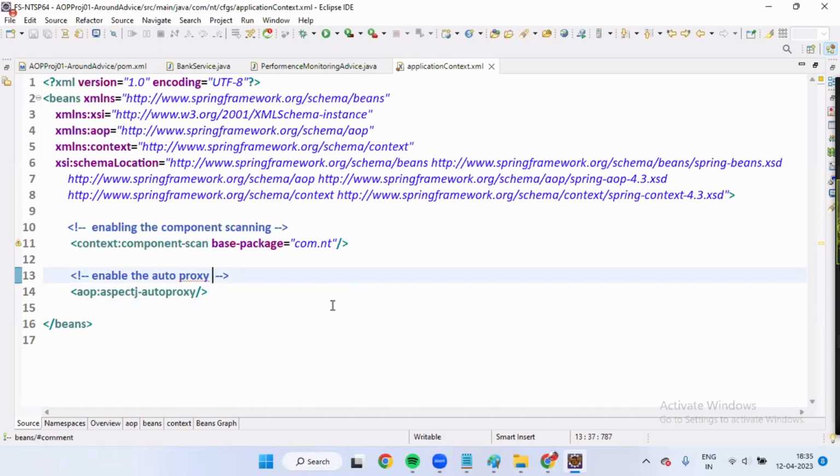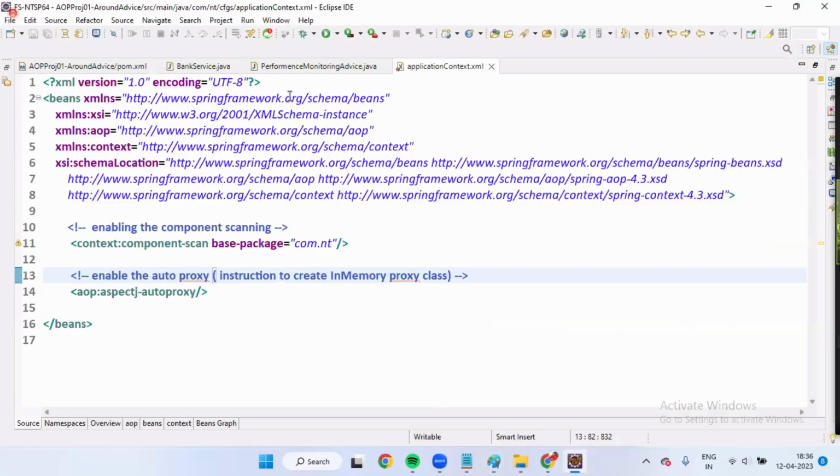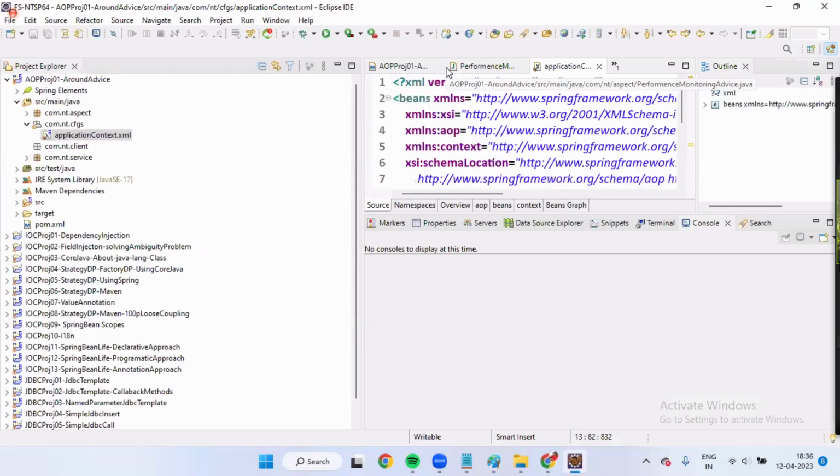That means instructions to create an in-memory proxy class. Just know, already I have given the comment: this will generate a proxy class dynamically having a mix of both primary and secondary classes. Right? Otherwise,